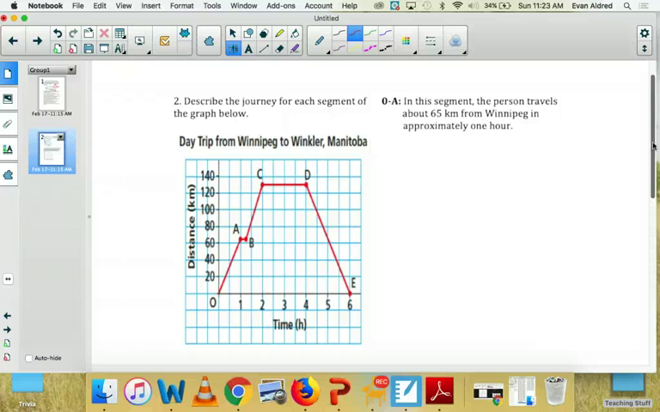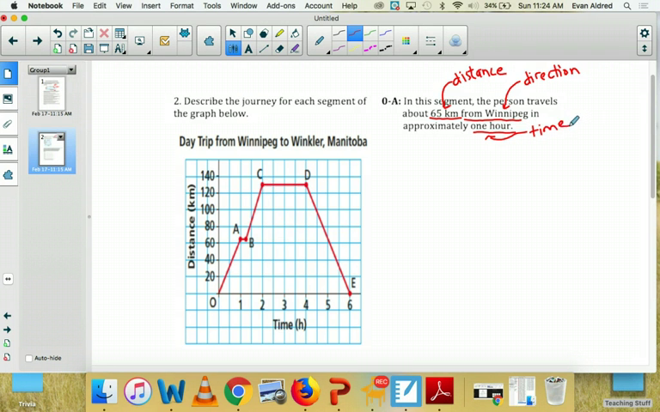When you explain this, and you'll see it in the example that's done, for the first segment, you're going to include 3 things if you can. You're going to include a distance, you're going to include a direction, and sometimes that direction will be north, east, south, or west, or sometimes it will be toward or away from a particular destination. And the final thing you're going to include is a time. And you may not be able to include all of those things for every graph or for every segment of every graph, but when you can, those are the 3 things you want to incorporate into your